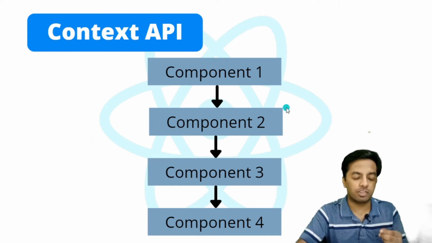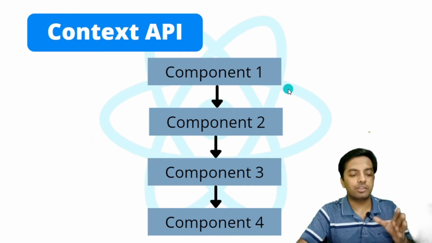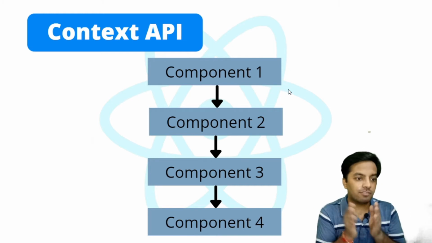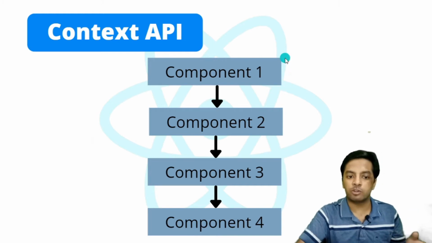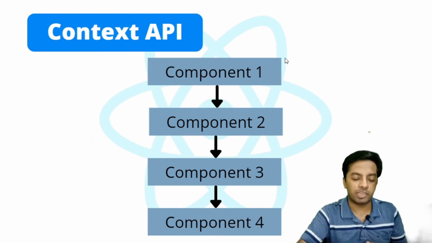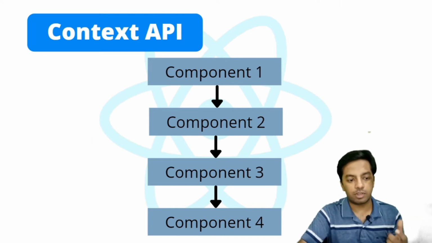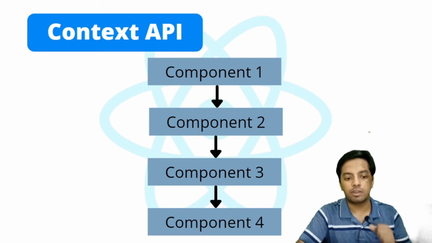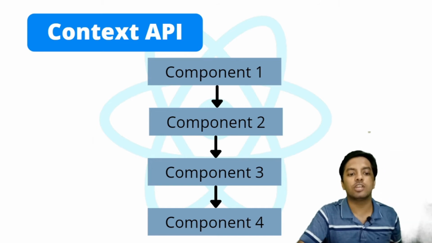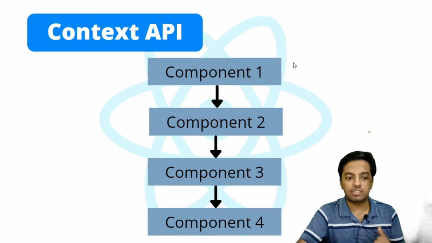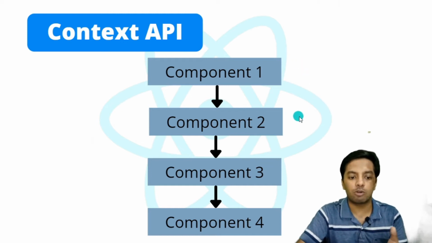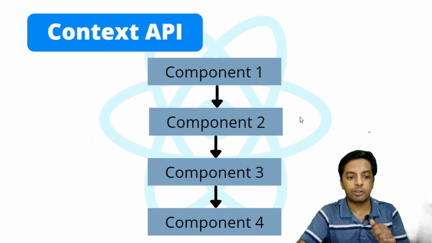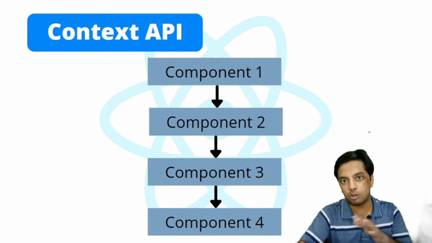So what we could have done using Context API, we would create a context, pass the value of that variable from component 1 to the context. Now from here we would export that context and import that context in component 4. Now inside that component 4 we will directly use that value. So using this, we didn't pass the value to component 2 and 3. So component 2 and 3 are free of that particular value.